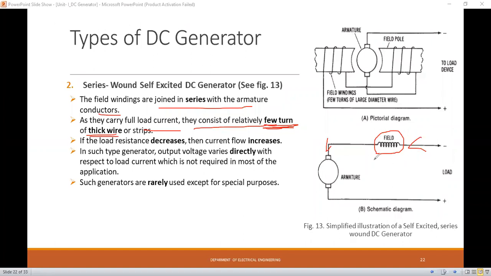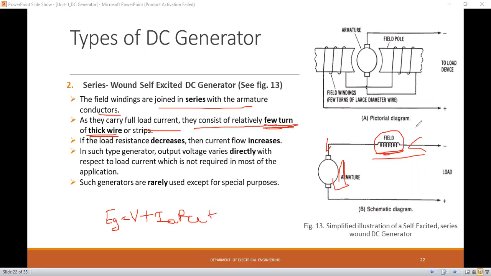The current flowing through the field winding and the current flowing through the armature winding is same. But the voltage across field winding and the voltage across armature is different. So the voltage equation of a DC series generator is that EG is equal to terminal voltage V plus IA into RA